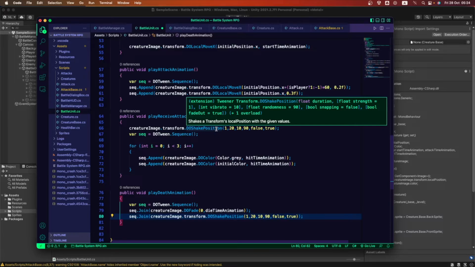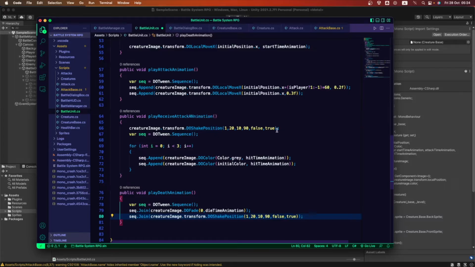If we want to have a very nice shaky animation at the end, we're going to set fade out to true. Those are the parameters that we're setting for this DOShakePosition method, which is inside the DOTween library.